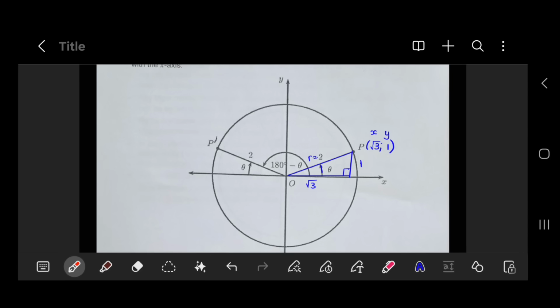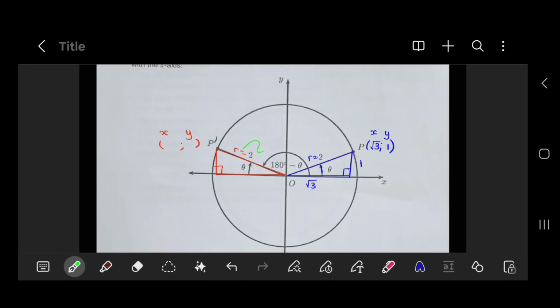For the triangle on the left hand side, we have the image of P. I just want to start off by creating a triangle out of this. So this is what we have. Here's the 90 degrees. Here we've got r as 2. And let us try to figure out on our own what the coordinates of P, the image of P, would be. We know that we're going to have an x coordinate and a y coordinate. And what I need you guys to notice here is that